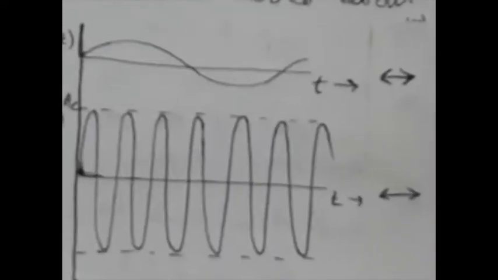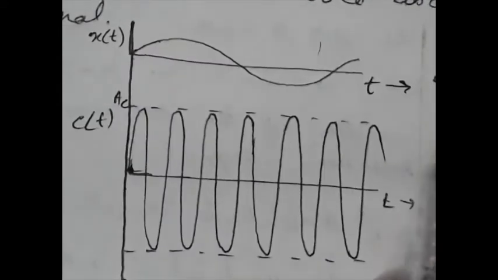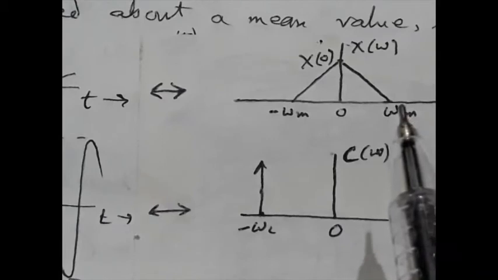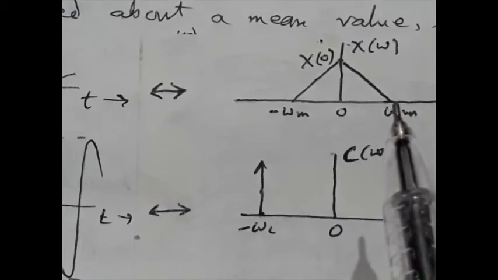Let us assume this is the x(t) arbitrary signal. So just assume that this X(ω) looks like this. This is just an arbitrary signal. You can choose any other form, any other shape. So it's a kind of triangular spectrum, and it is band limited to ωm, and its maximum value is X0.